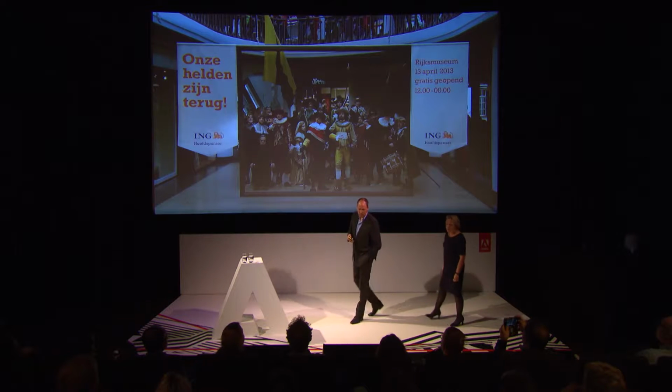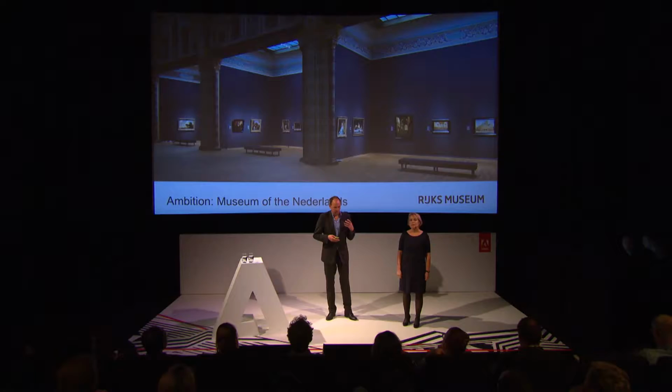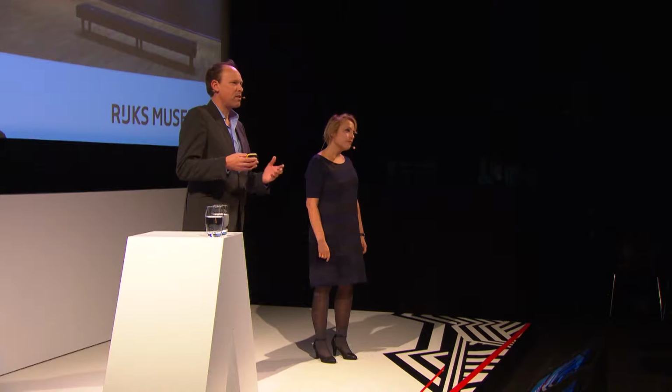So this says we're back, and that's what started all this. The Rijksmuseum had been closed for 10 years for large-scale renovations, and reopened in 2013, and our ambition is to be the Museum of the Netherlands. In 80 rooms, over 8,000 objects tell the story of 8 centuries of Dutch art and history. But the problem in 2013 was that people had forgotten about the Rijksmuseum, especially Dutch people. So we needed to